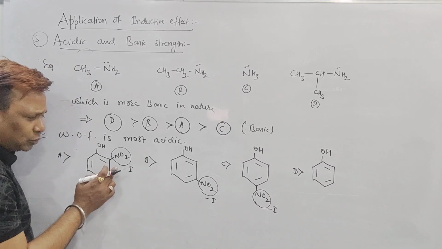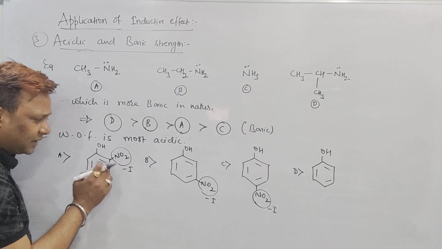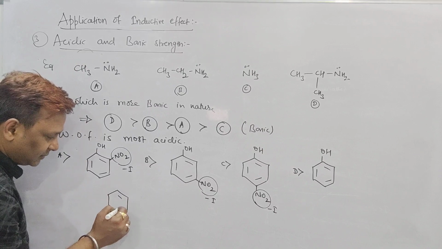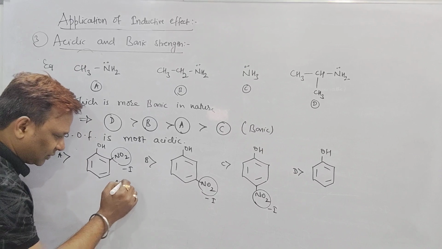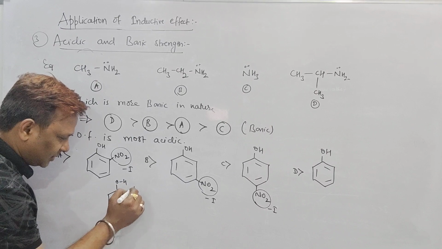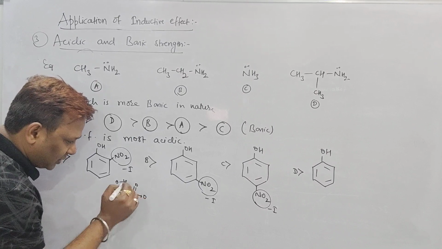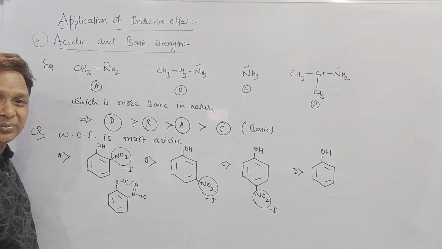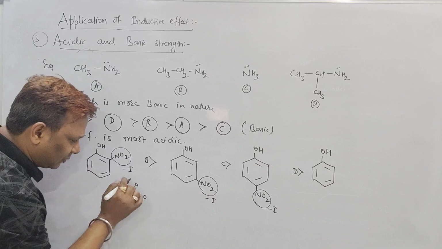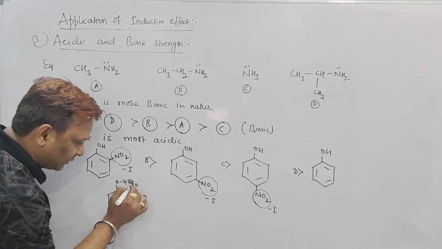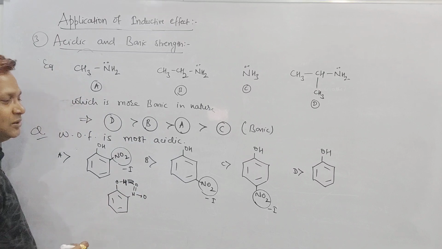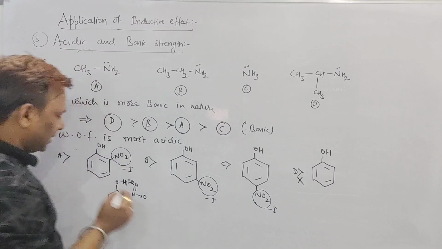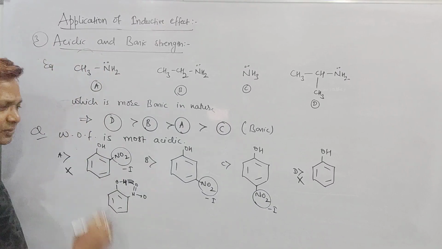This position is the ortho position. Beta, in the ortho position, they have a tendency to form intramolecular hydrogen bonding. See, beta, the oxygen is bonded with the hydrogen, and there is a nitrogen double bonded to oxygen. The hydrogen and oxygen make a bond. This bond is called intramolecular hydrogen bonding. But due to this intramolecular hydrogen bonding, it does not have a tendency to give H plus ion. So among the four, D is ruled out. A is also ruled out because it does not lose H plus ion.